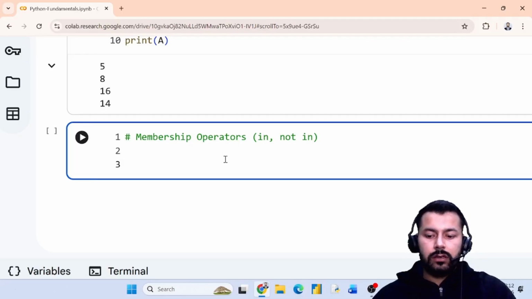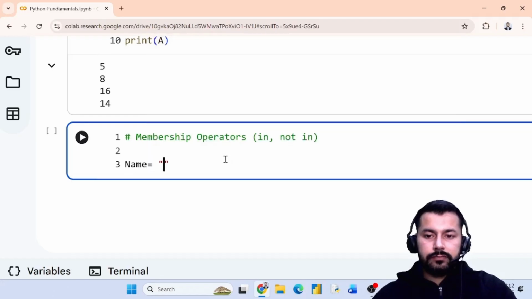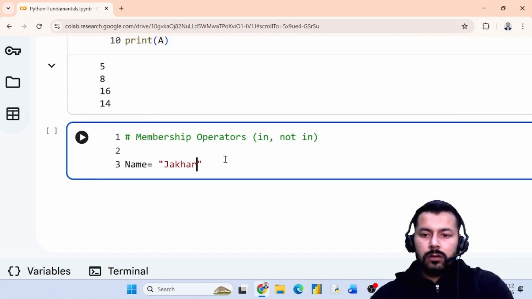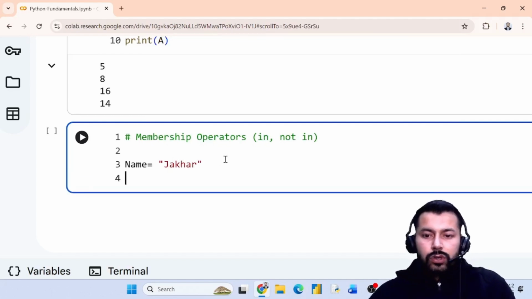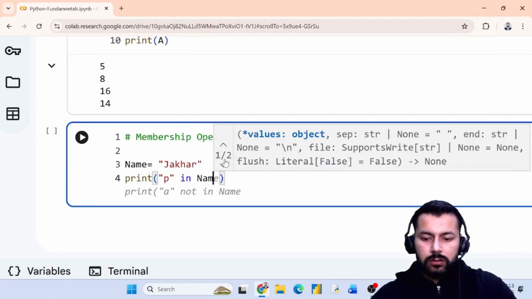Let me declare one variable here. I want to check print p in name,